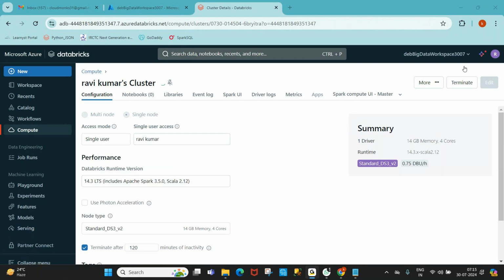Azure Databricks supports a multi-language API: Python, Scala, R, Java, and SQL, structured query language.